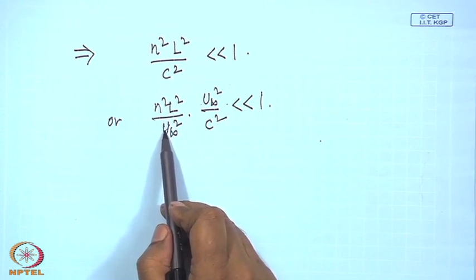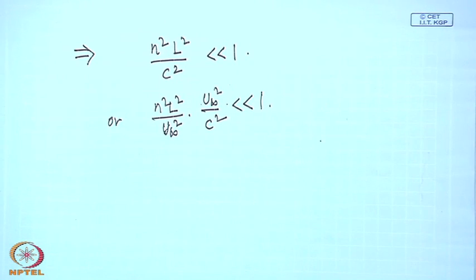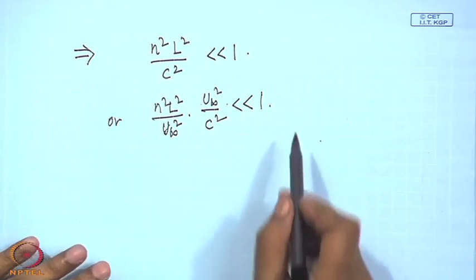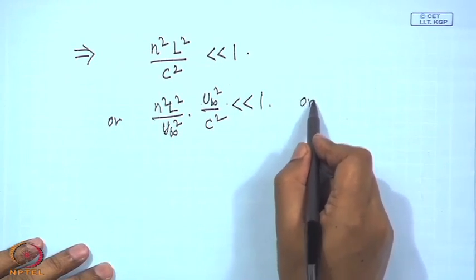Remember this number, this non-dimensional parameter n L by u infinity. We found this when we non-dimensionalized this equation and called it the Stokes number, denoted by St, in the last class. So, this can also be written as